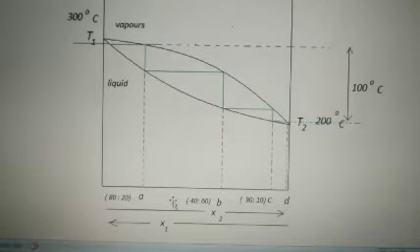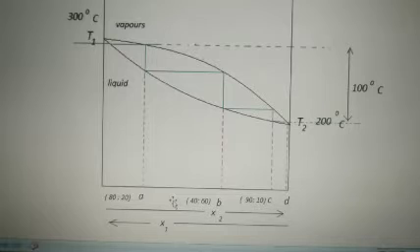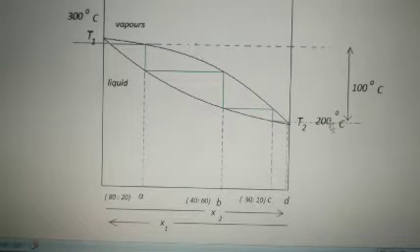On one side is the boiling point of one component, which has the mole fraction x1, that is 300 degrees Celsius boiling temperature in pure state, meaning no other component present. Simultaneously, on the other side I have shown the temperature T2, that is the boiling point of the second component in pure state. In pure state means only the second component is present, no first component present.